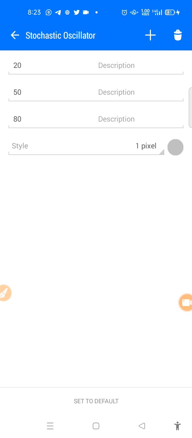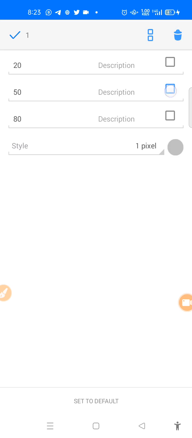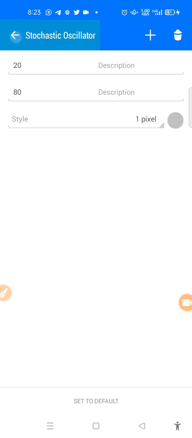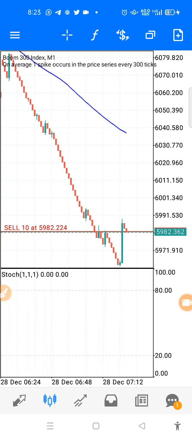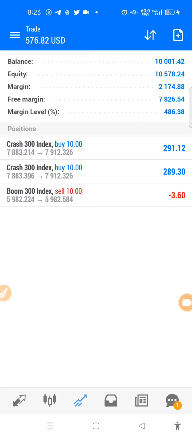You don't really need 50. So you can delete the 50 level away out of it. It's just 20 and 80. Okay, so those are the two things. Then you click on done. After that, we move to